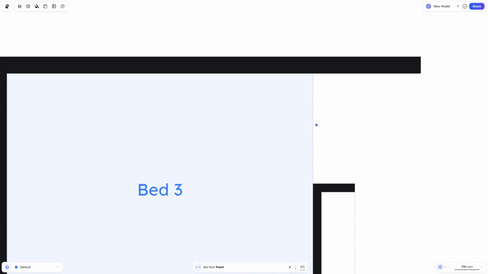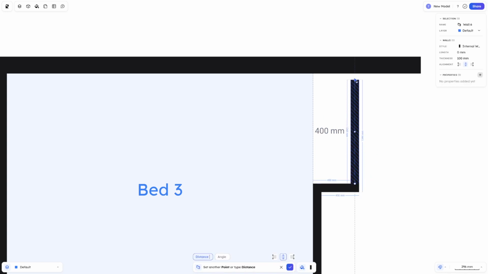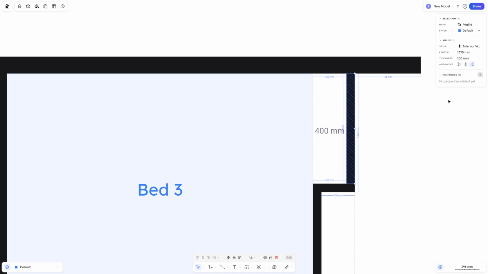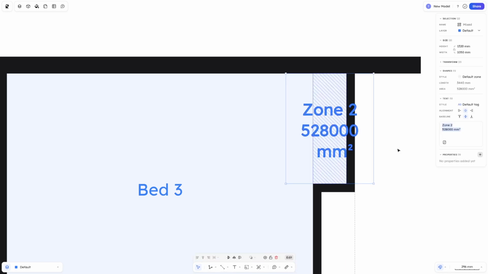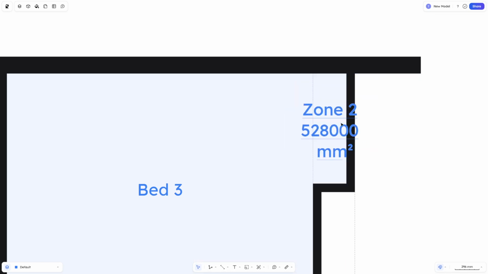And then we need to make sure that the distance between here and here is 400 mil. Cool, we've got that. So then when we drop the wall in here, snap that up to there, we can bump this across this way, and that should sit perfectly against there, as you see. Lovely. So that's the second built-in wardrobe done, and we can drop a little zone in there. We can delete this text,